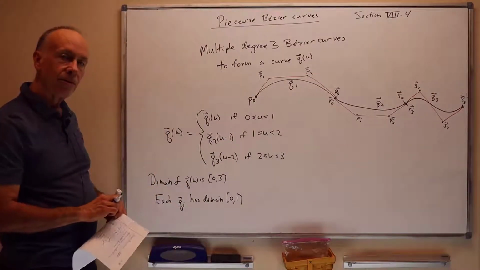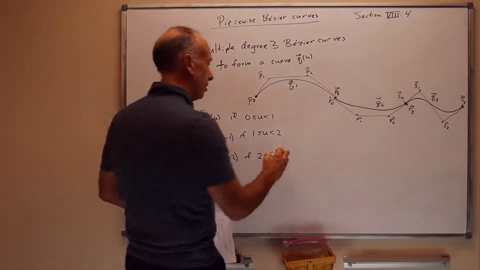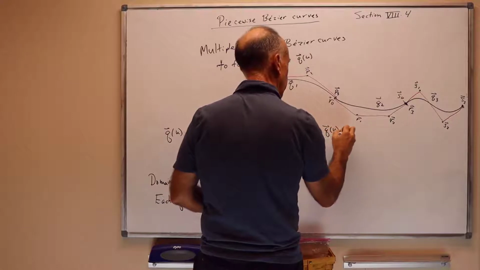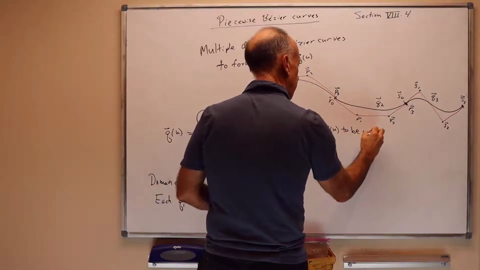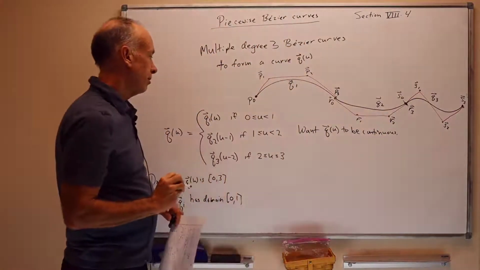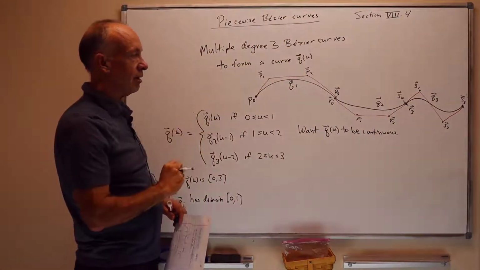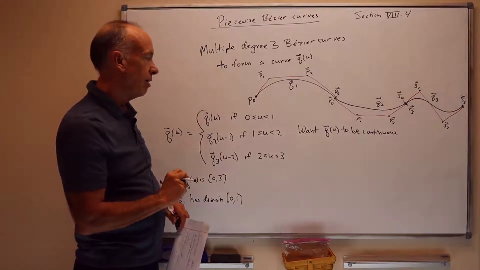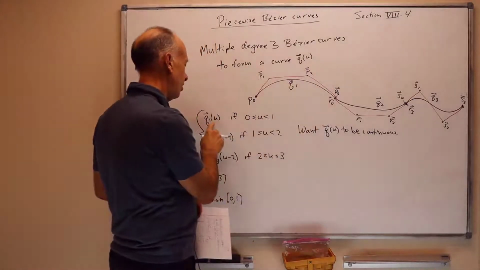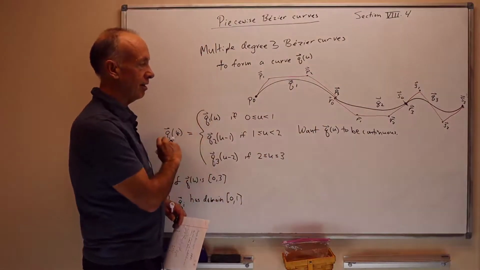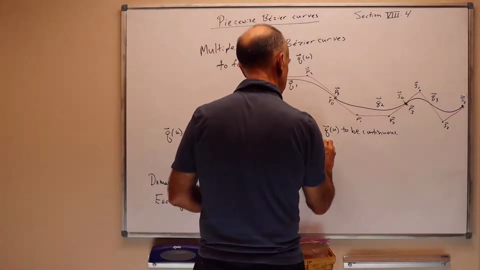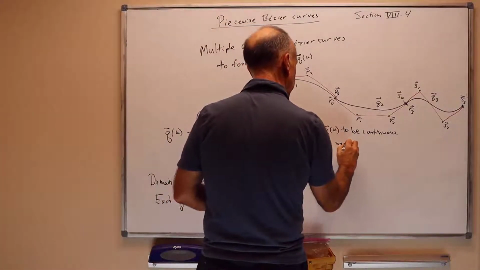And we'd like to start off with continuity properties. We want Q of U to be continuous. Well, it's formed from 3 continuous parts. Each of Q1, Q2, and Q3 by itself is continuous, so we just need to check that they join up at a common point when we transition from Q1 to Q2 and when we transition from Q2 to Q3. So for this, we need to have